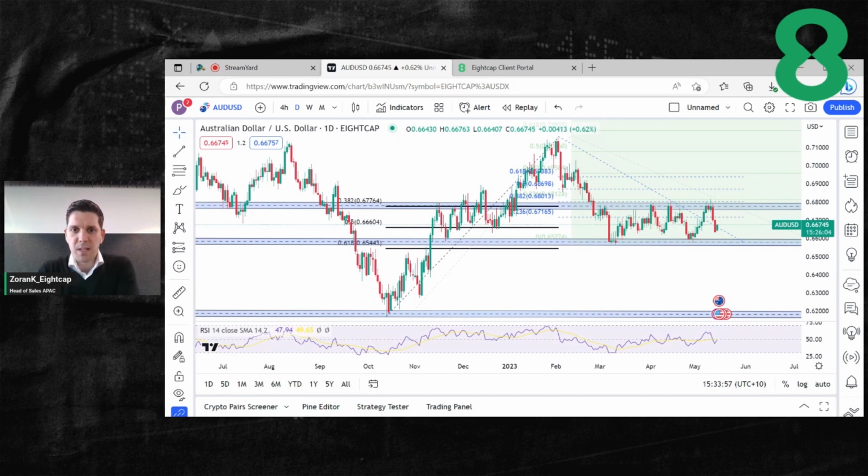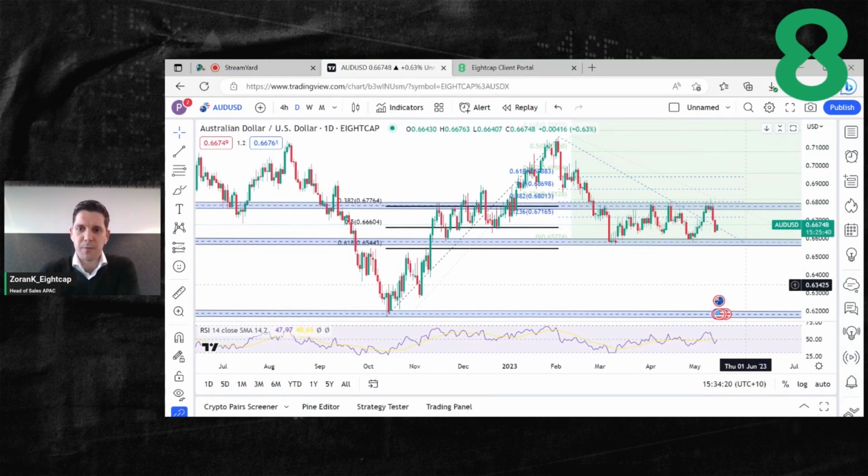So we've seen a bit of a surprise over the last few weeks. In fact, a couple of weeks ago, the Reserve Bank of Australia lifted interest rates by 25 basis points. And as you can see here on the chart, from the lows back on 28th of April, we've seen a nice upside move to that 68 handle mark on 10th of May.